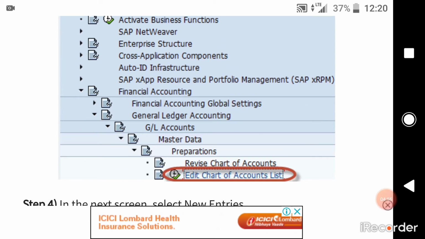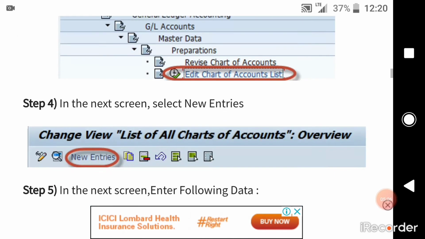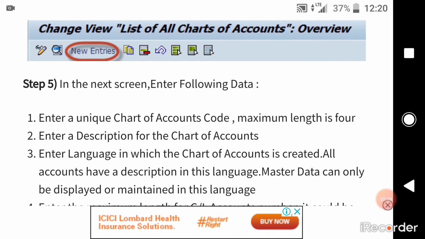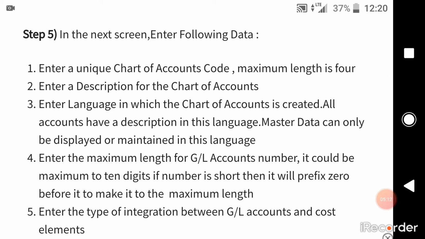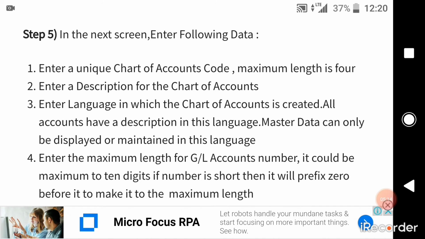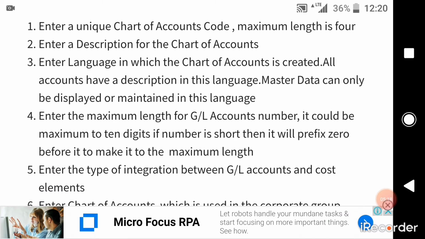Once you define the chart of accounts, then only you can add any GL account numbers. In the fourth screen, you have to click new entries. What are the new entries? In the next screen, the new entries screen, you have 5 to 6 steps which you need to remember, and which are default.